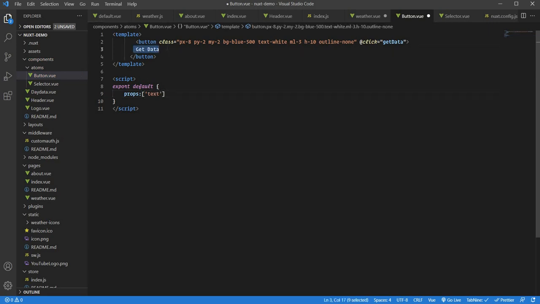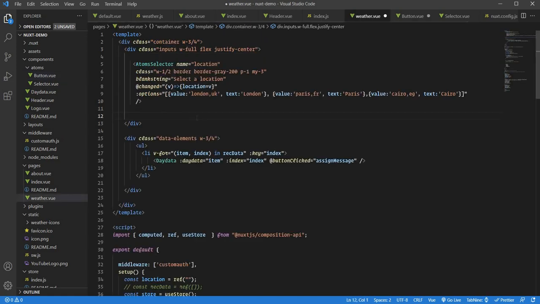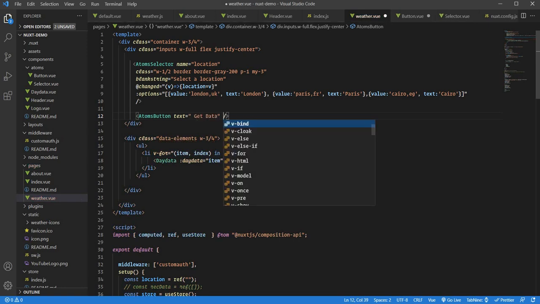and also I will again need a prop which will be this text. So I will have text, and here I will say atoms actually, button, and our text, sorry, it won't be binded, so our text will be this. And now